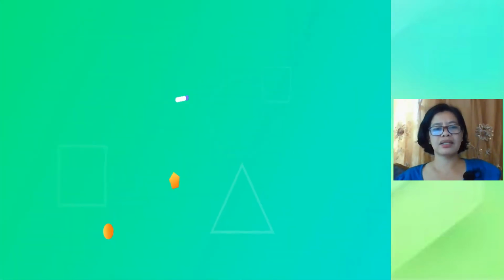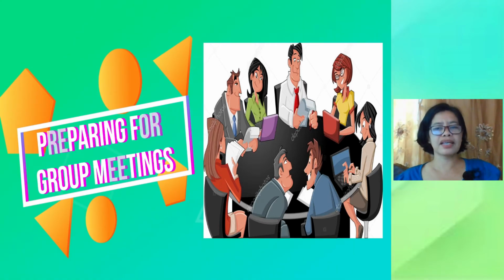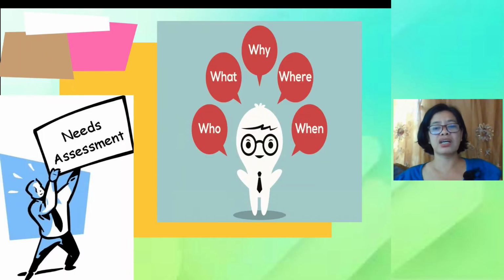The first activity is preparing for group meetings. During the middle stage, the worker should continuously assess the needs of the group and its members and then plan to meet identified needs in subsequent meetings. The cycle of assessment, modification, and reassessment is the method by which the leader ensures continued progress towards contract goals.